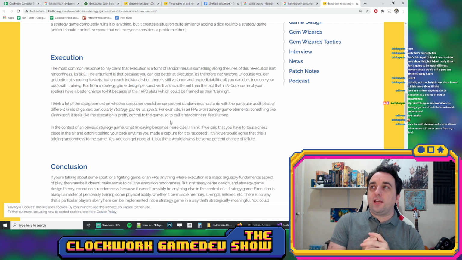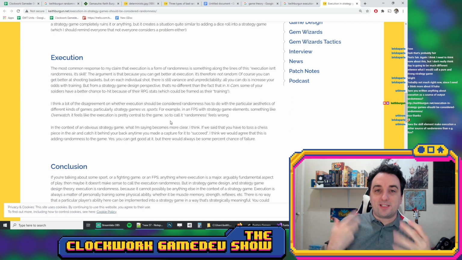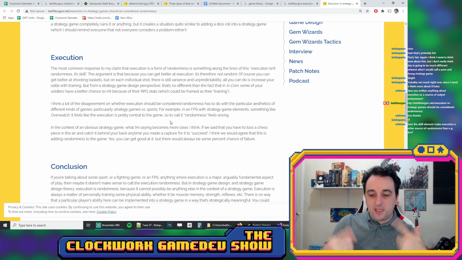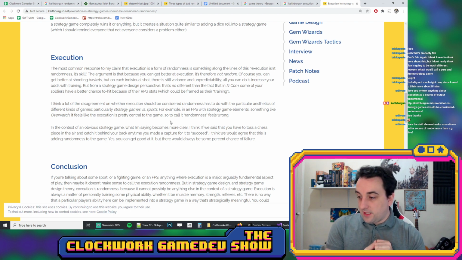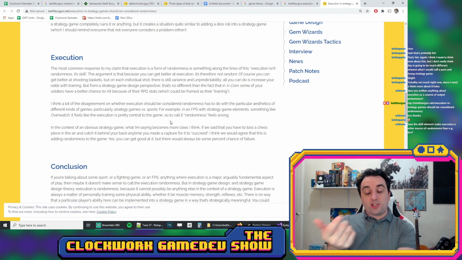I think it's really inappropriate, not necessarily wrong, but inappropriate and misleading to say that that execution is random, because the whole purpose of the game is to measure that execution through cycling this execution. Does the skill element make execution a better source of randomness than dice? No. In the case of a strategy game, I actually think that makes it a worse source of randomness